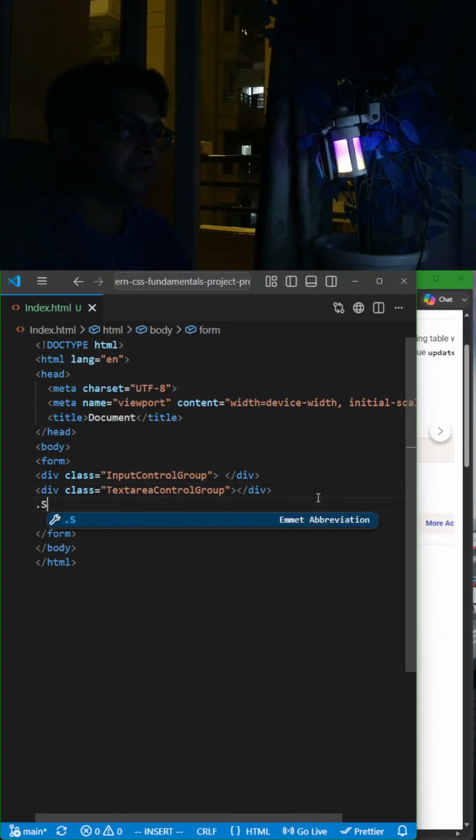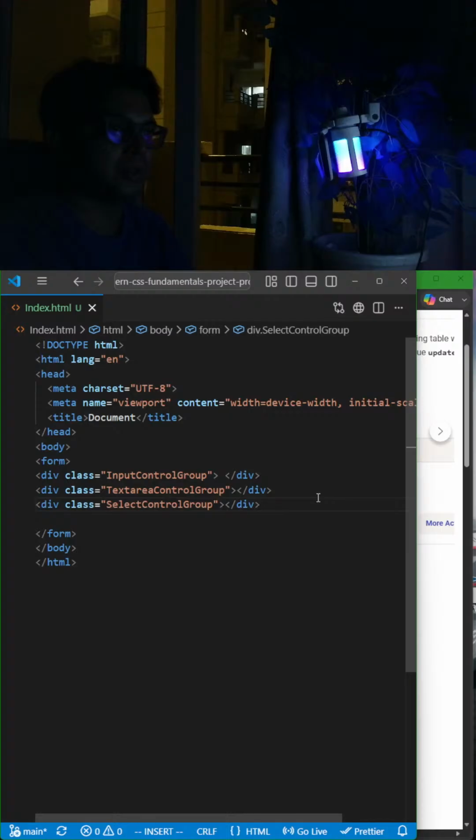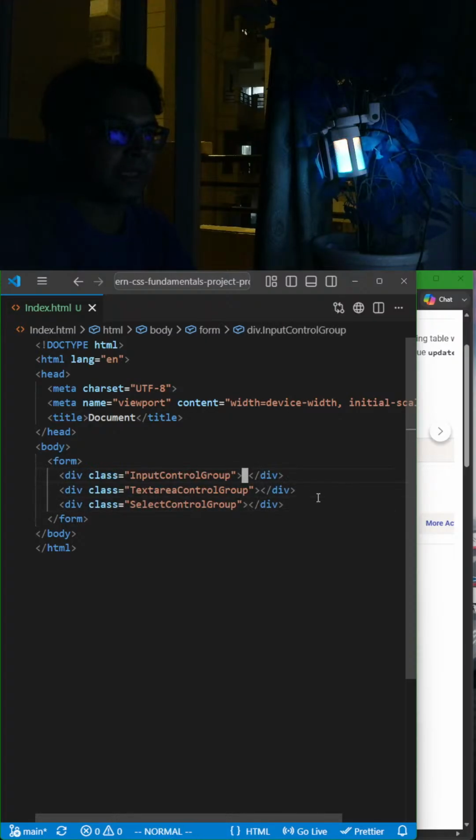So next I am going to do select control group. Doing HTML isn't my thing. Okay, HTML is a necessary part of front end development. You cannot show anything on the browser without HTML. And then I'm going to have a